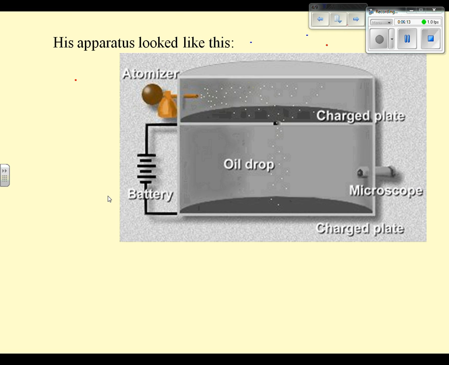This is what his apparatus looked like, right? You've probably seen this picture already, right? You've got the top here, he sprays the oil into the top chamber, it falls through this hole here, and this is the area here where he would observe it. He had a microscope here, and he would watch the little oil droplets go